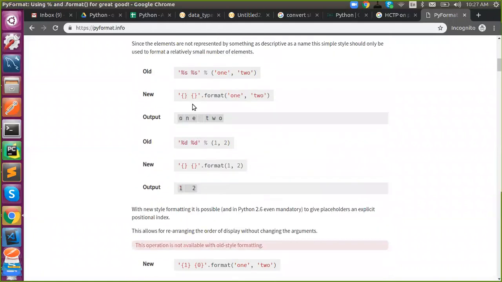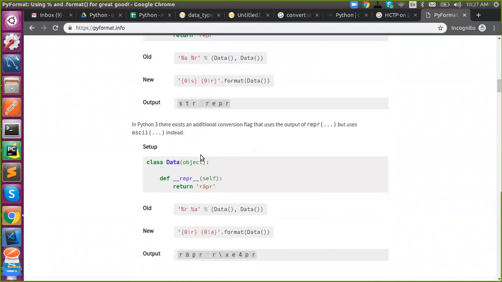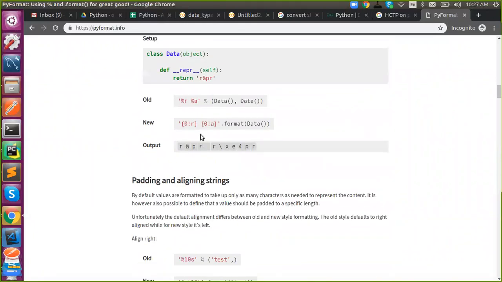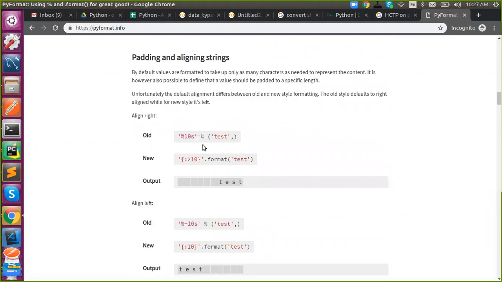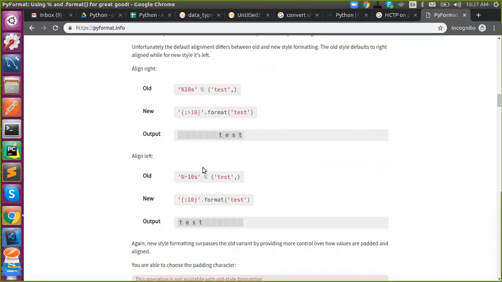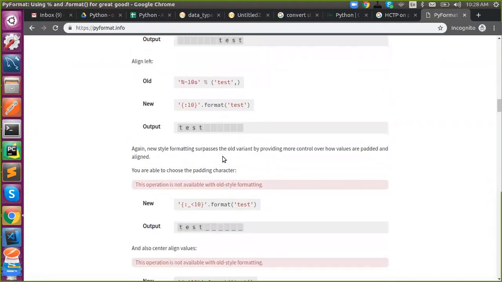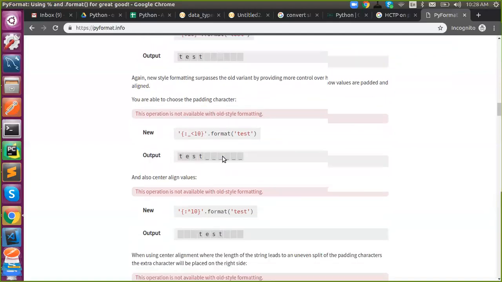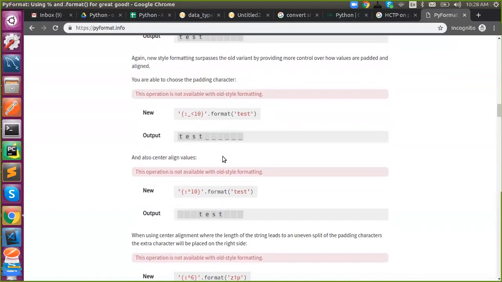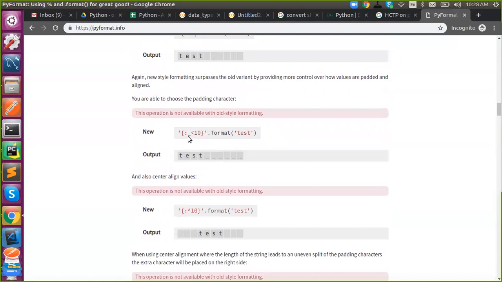It will start from the old-versus-new comparison, a proper comparison. So the percentage style is equal to the new formatting, like this. Okay, and we have the detailed introduction. So this is a fill character actually. What do you want to fill after that? So it will be filled with underscore.